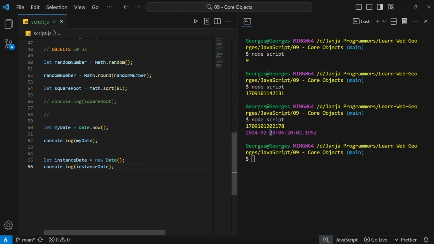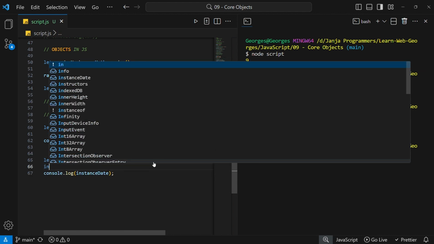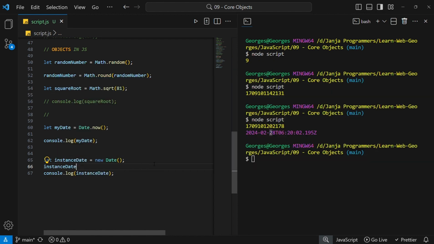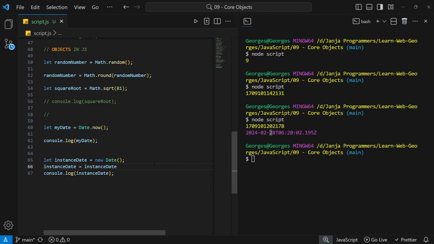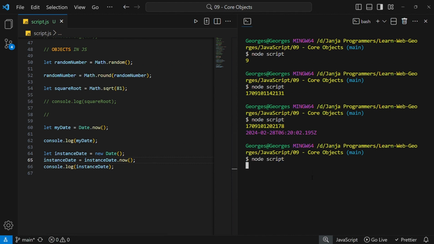But either way, you can still access the methods of the date object using the object instance. So when you come here and say instance date equals instance date dot now, and you save this script, when you run this,